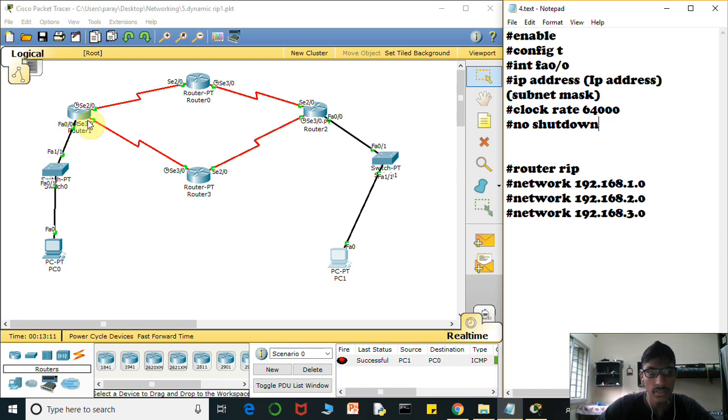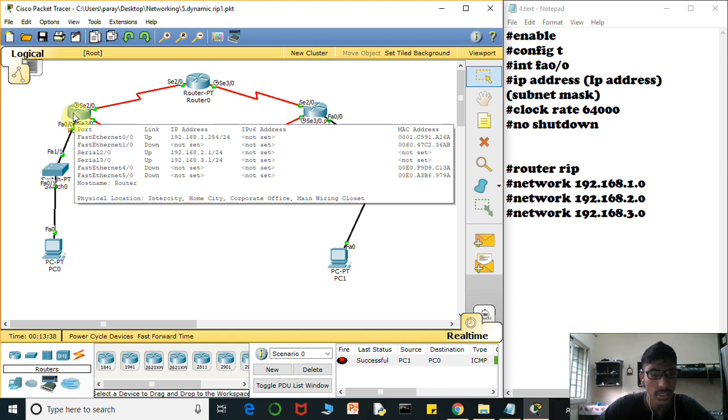Next, to connect this router to all the three other routers, I have to route it with the command router rip. Once I give the command router rip, then I have to give the command network, then the IP address of the interfaces which are connected, but with its last digit as 0. For example, here we can see that this router is connected to three interfaces, that is FA0/0, FA1/0 and